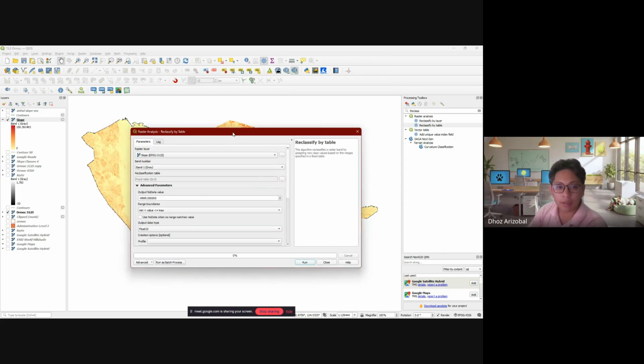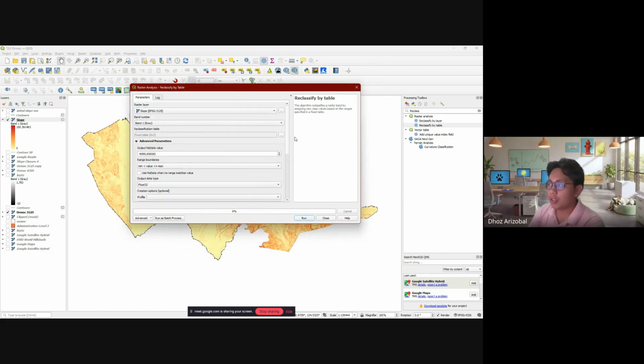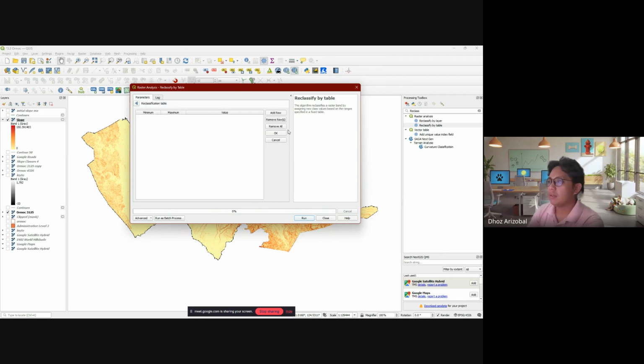You already have this table in your exercise guide. Apply it in your reclassification table. It has 4 rows, so add 4 rows. In the guide, 0 to 3 is for rice, so I'm going to set that value to 1. That means any slope from 0 to 3%, I will reclassify to only be 1.